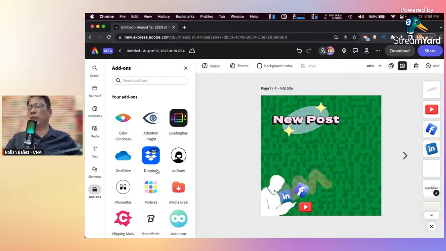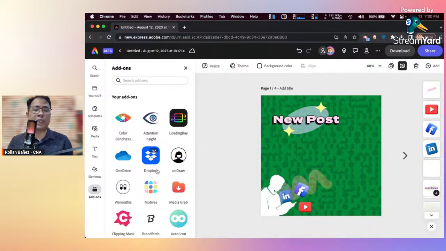I just recently attended a session with Adobe, I forgot the actual name, but it's focusing on add-ons and extensibility, and there's a lot of things in the pipeline for add-ons. So add-ons is really a game changer for all of us who use Adobe Express, because the previous version of Adobe Express didn't have it available.